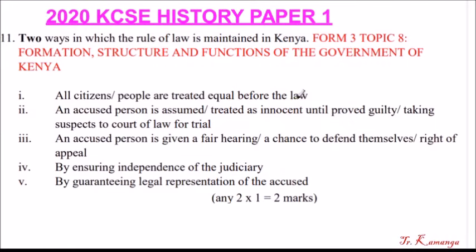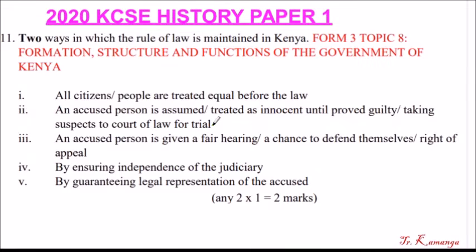It doesn't matter whether you are rich or poor, you are supposed to be treated equal in a court of law. Number 2, an accused person is assumed or treated as innocent until proved guilty, taking suspect to court of